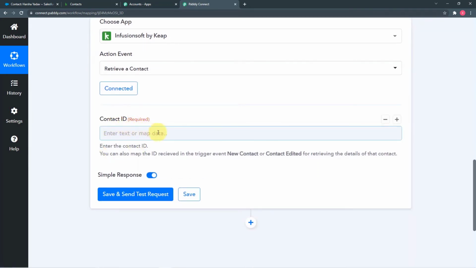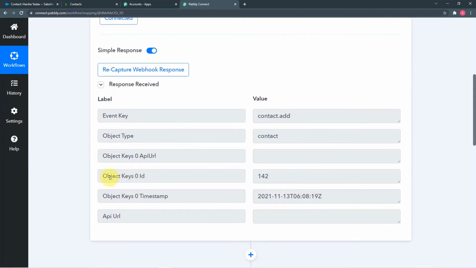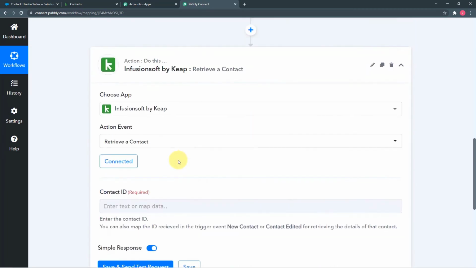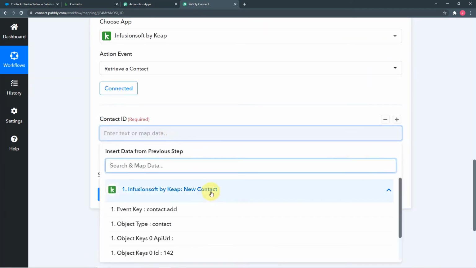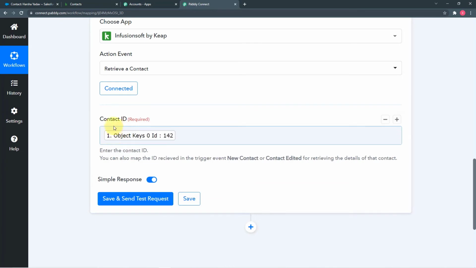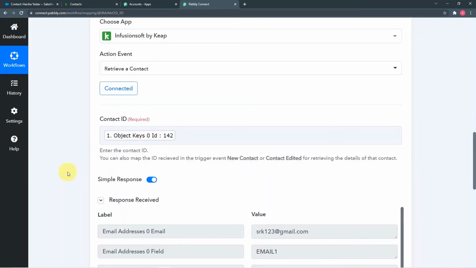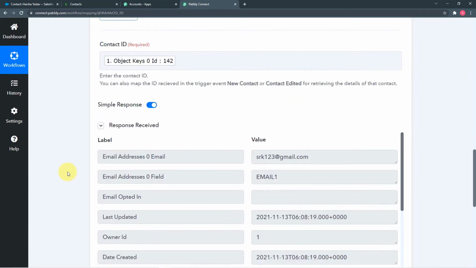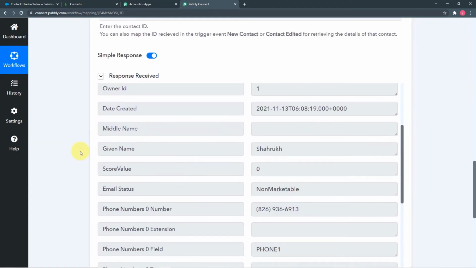Okay, now it is asking for the contact ID. So here you have to map this contact ID that is showing up here, this object key ID 142. Okay, so let me map this thing here. So I'm clicking on this field, then click on Infusionsoft option and click on this ID field, ID label here, right? So the contact ID is mapped. Now click on save and send test request, and now here you can see it started showing the details of the